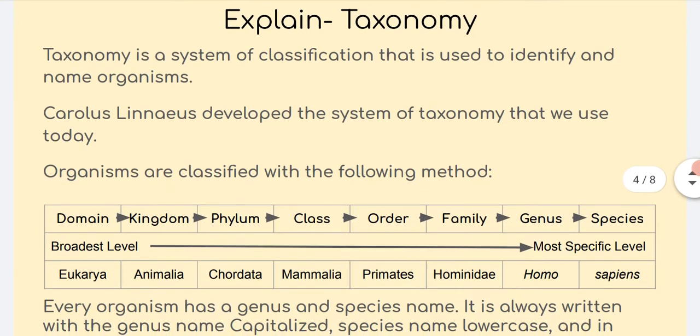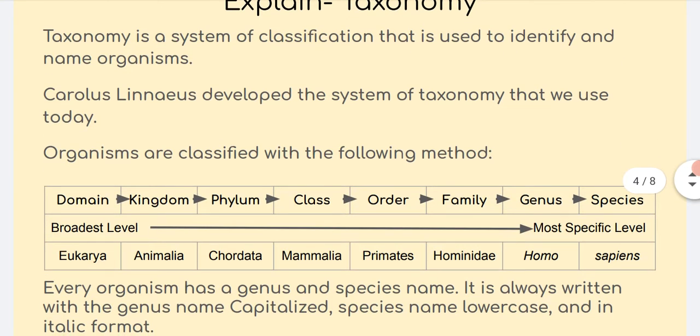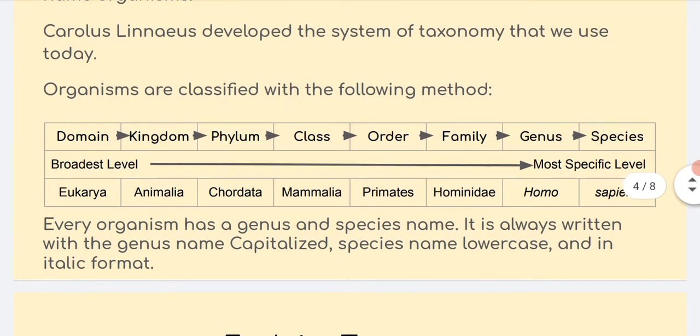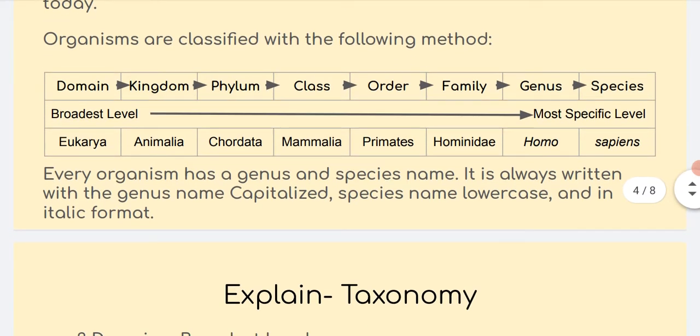So taxonomy is a system of classification that is used to identify and name organisms. Carolus Linnaeus developed the system of taxonomy that we use today. Organisms are classified with the following method. They start at the broadest level, domain, and move to more specific levels: kingdom, phylum, class, order, family, genus, and